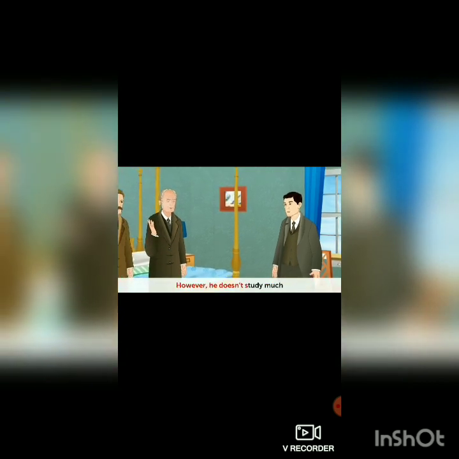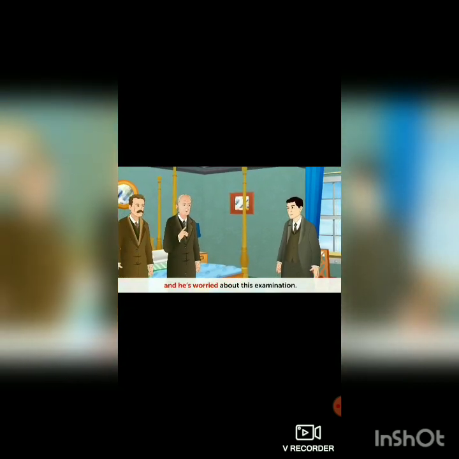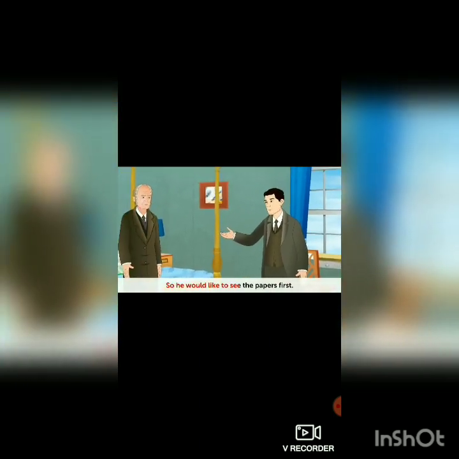How many students live upstairs and go past your door? Three, all taking this examination. Who are they? There is Gilchrist. He plays football and likes running. Dorothy Russ is a quiet young man, but he works well. Then there is Miles McLaren, a very clever young man. However, he doesn't study much, and he's worried about this examination. So,